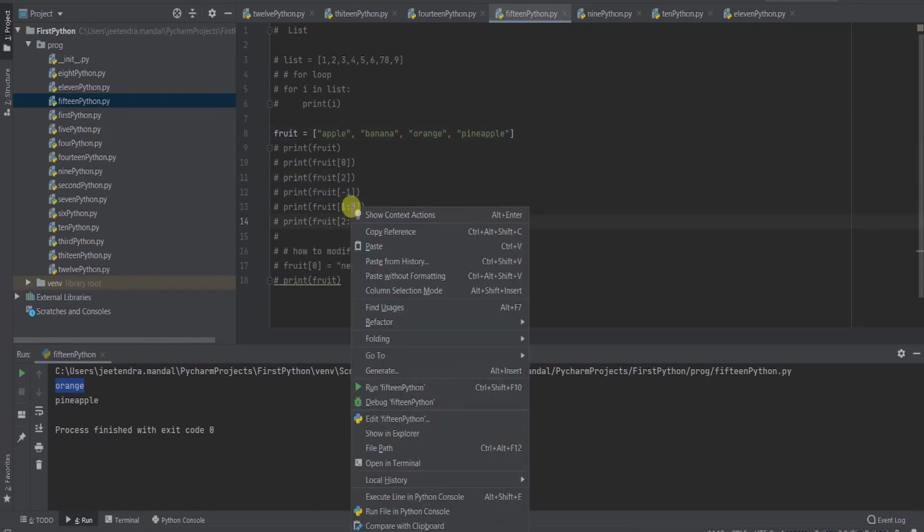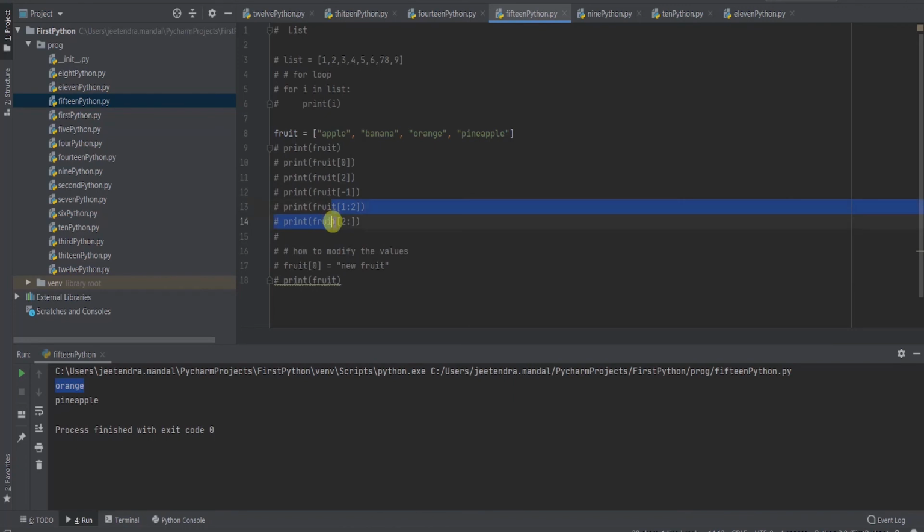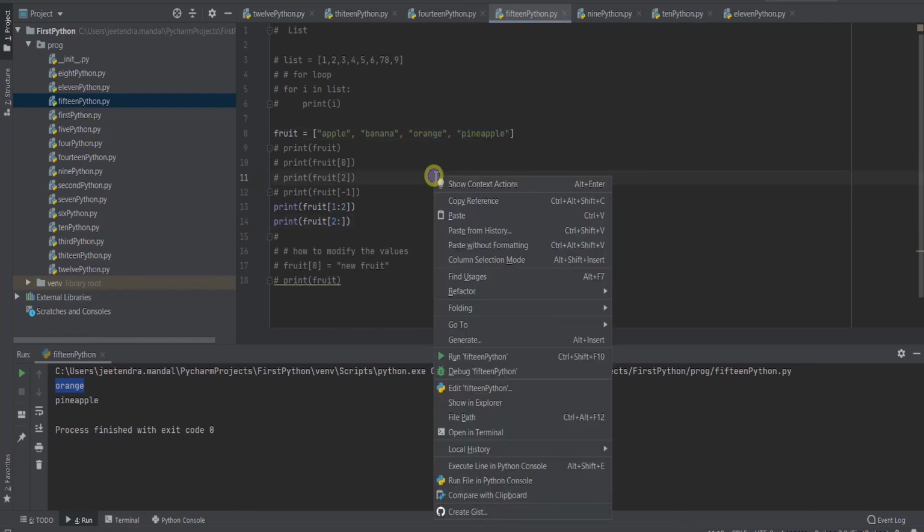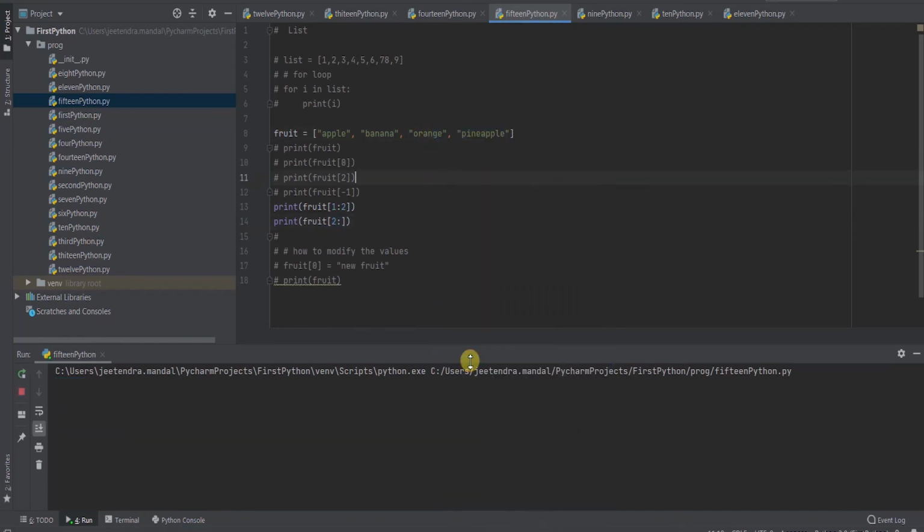Now if you want some more variations, like fruit 1 colon 2 means start from 1 and go till 2, and 2 colon with nothing means from 2 onward print everything it has. So I'll try to print it. Let's see. From 1 to 2, banana gets printed, and from 2 onward, orange and pineapple.